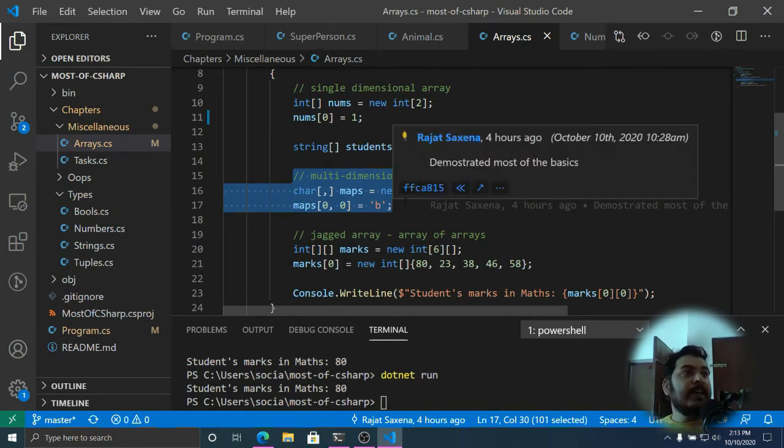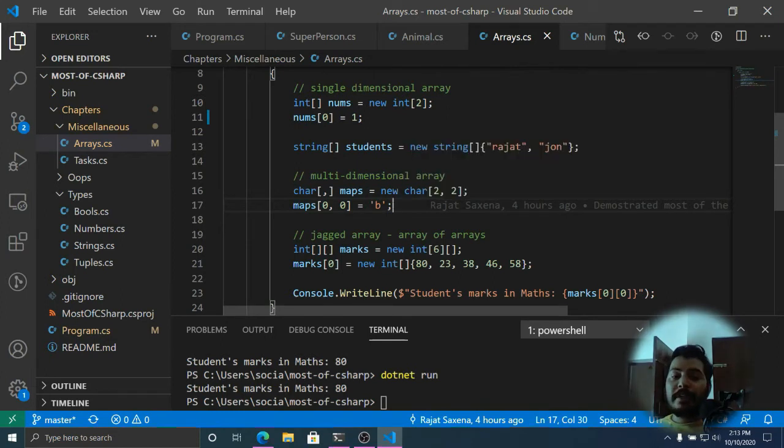So if you want to create multi-dimensional arrays like a 2-dimensional array or a 3-dimensional array, this is how you do it. Here I have created a 2-dimensional array of type char. So any value stored at any particular place in this array is going to be of type character. It is a 2 by 2 table, and the very first character in this table is B. You can imagine a 2 by 2 table, and the very first character located in the very first cell of the 2 by 2 table is B. This is how you make assignments to the multi-dimensional array.